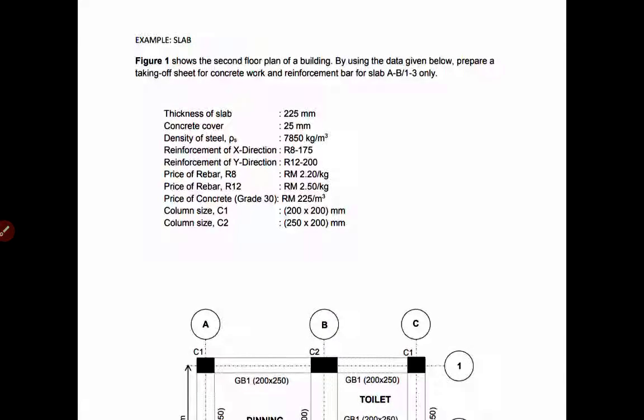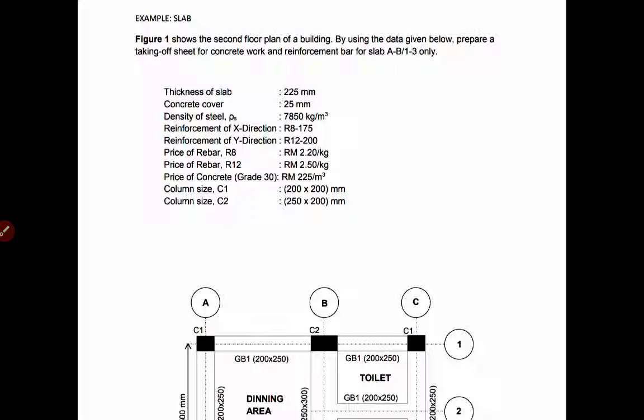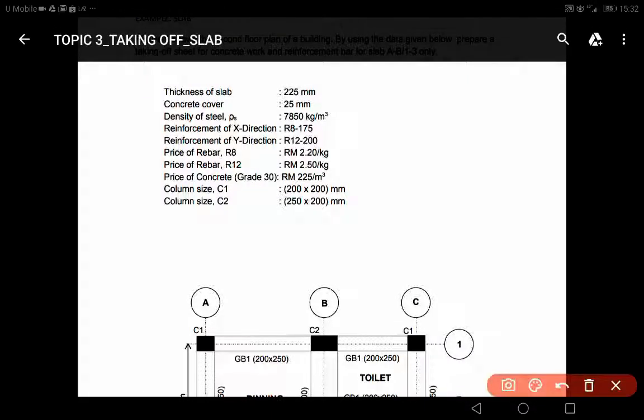So the question is, figure 1 shows the second floor plan of a building. By using the data given below, prepare a taking off sheet for concrete work and reinforcement bar for slab AB13 only. So here is the question: provide the details for the thickness of the slab, cover concrete, density of steel, reinforcement of X direction, which is R8, and the spacing is 175 mm, and also it is provided with the